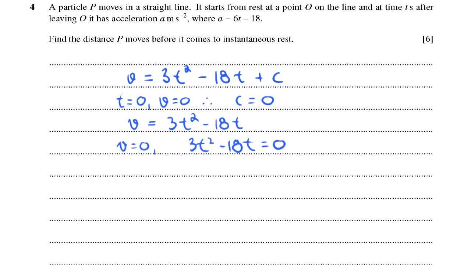To solve any quadratic, we try and factorize. Let's take out 3t, and we're just going to be left with t minus 6 is 0. So the two answers, of course, we knew that 0 was one of them, and t is 6 seconds. So 0 seconds and 6 seconds, it is at rest. We want to find the distance it moves before it comes to instantaneous rest. To find the distance,